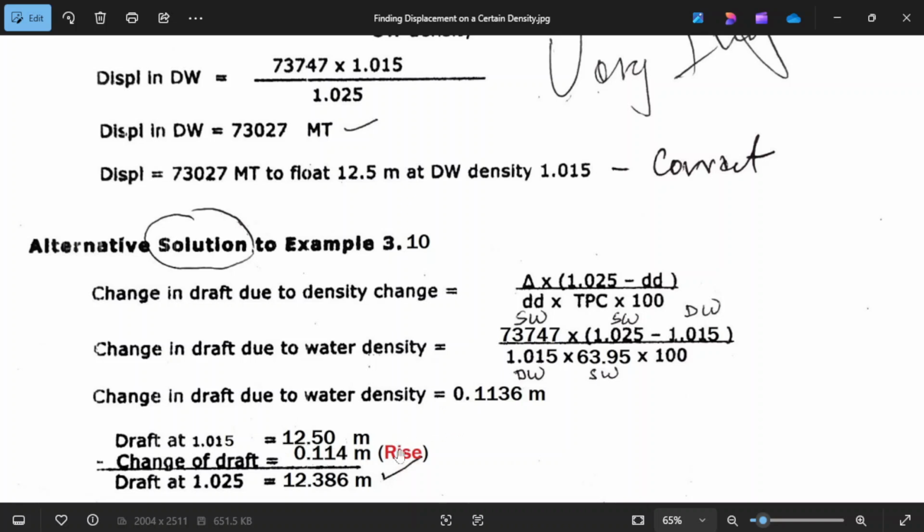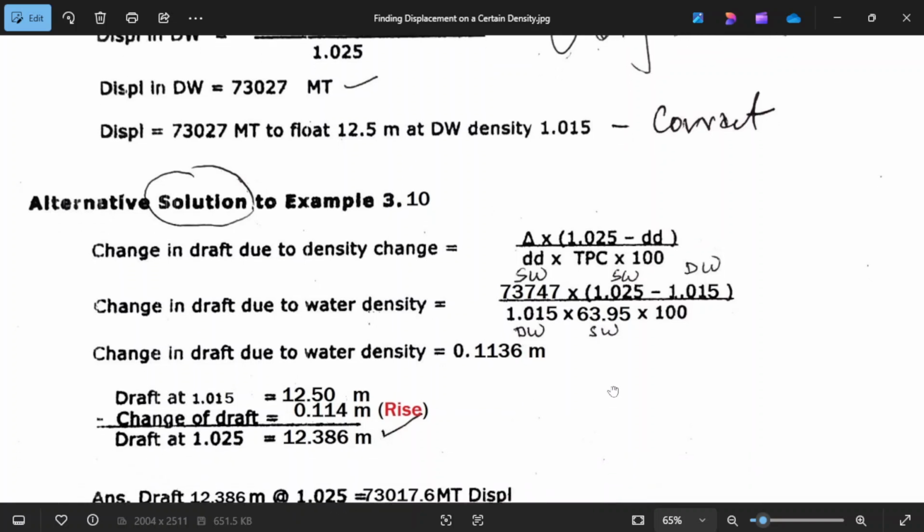Meaning she is in dock water density. So what will be her draft when she floats in salt water of 1.025? Okay.